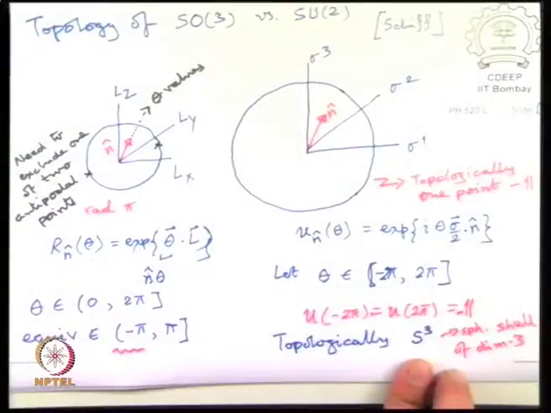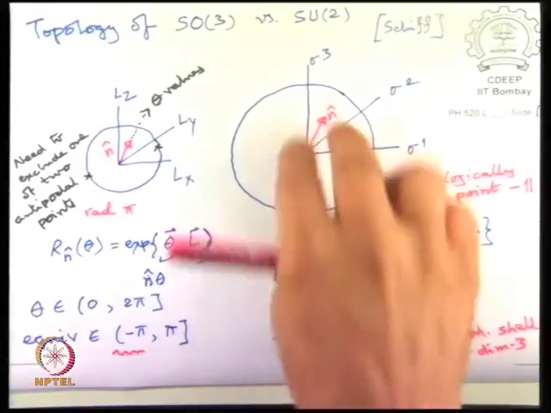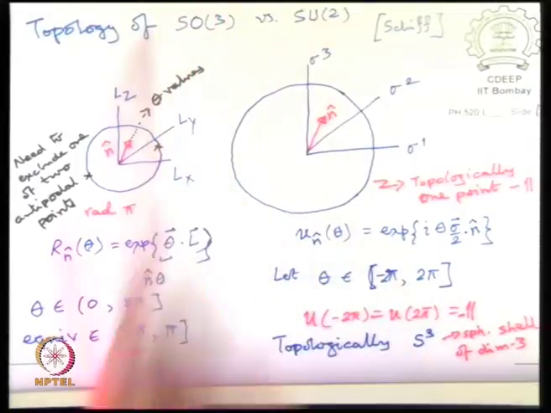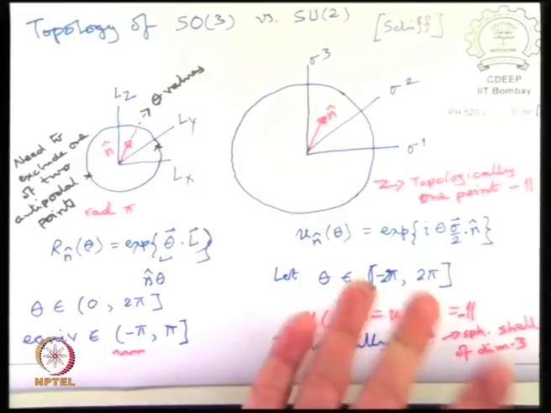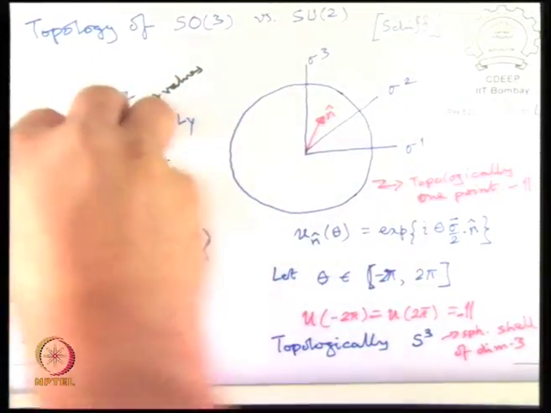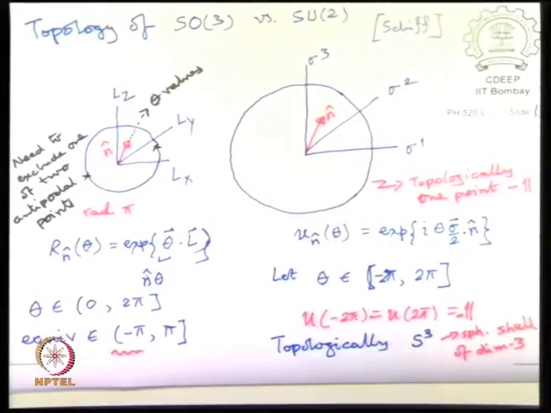So an ant walking on this will detect 3 dimensions, but it will be a continuous and homogeneous space. You will not find any joint anywhere. So topologically SU2 is an S3, whereas topologically SO3 is not, and it's a slightly more complicated space. But what happens because of the double covering is that SU2 double covers this. So there are 2 copies of SO3 inside SU2, and after that covering it becomes a simply connected space. SO3 is not simply connected, but SU2 is. So we will see that next time.